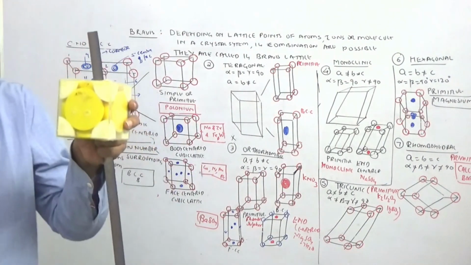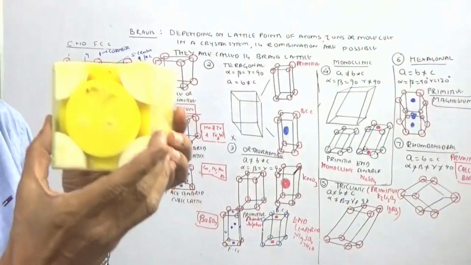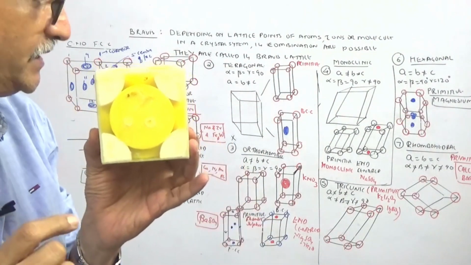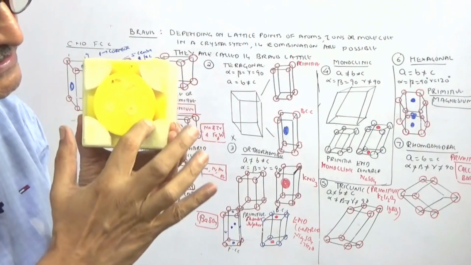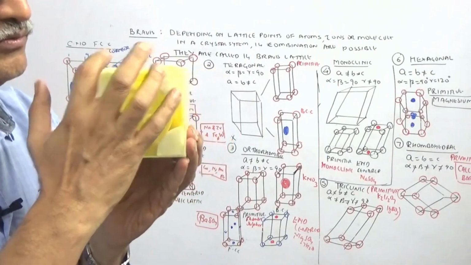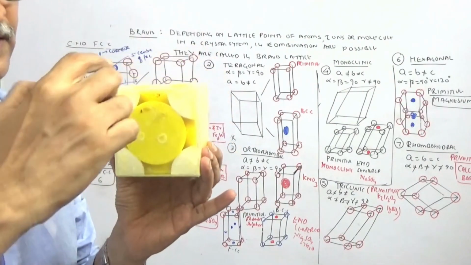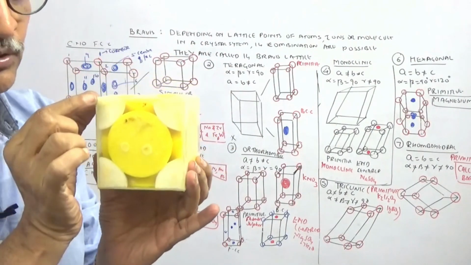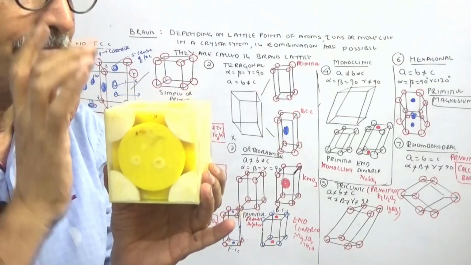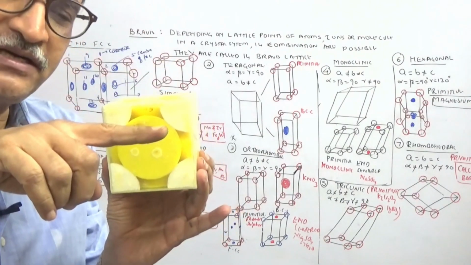अभी with this diagram again I'll take the model. देखो समझने के लिए हम लोग कितना लेना पड़ता है? 2 यूनिट सेल लेना पड़ेगा. ये एक यूनिट सेल है, इसको एक आगे लगाना पड़ेगा. विच इज द एटम अंडर रेफरेंस? द एटम अंडर रेफरेंस इज दिस एटम इन द सेंटर ऑफ द फेस. हाउ मेनी इमीडिएट नेबर्स इट हैज? 1, 2, 3, 4 कॉर्नर, 5, 6, 7, 8, 9, 10, 11, 12. तो ये दोनों कॉर्नर कॉमन हो जाएगा. 4 of the common corner between the 2 unit cells, 4 in the center of the face of this unit cell and 4 in the center of the face of this unit cell.